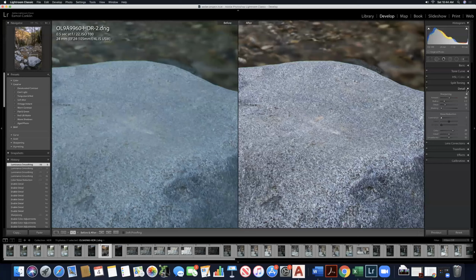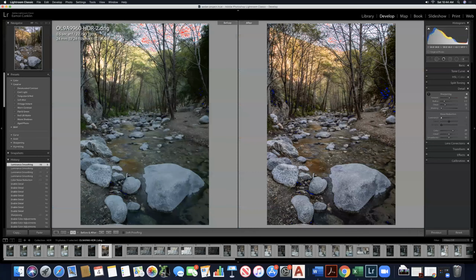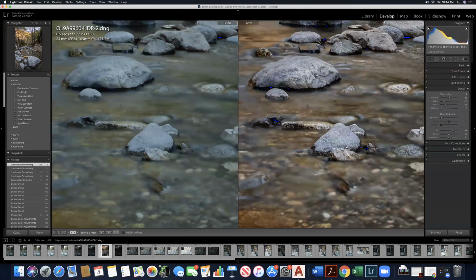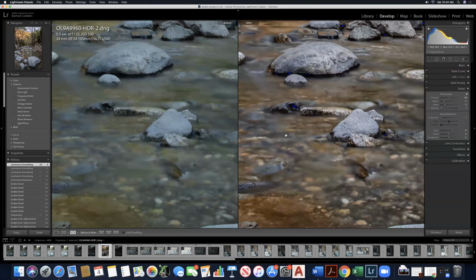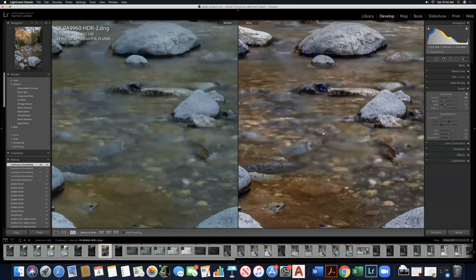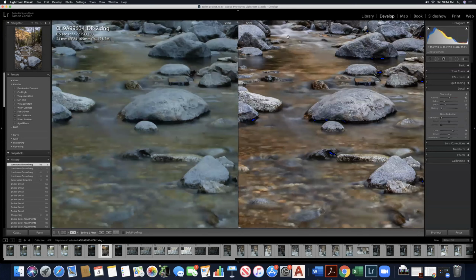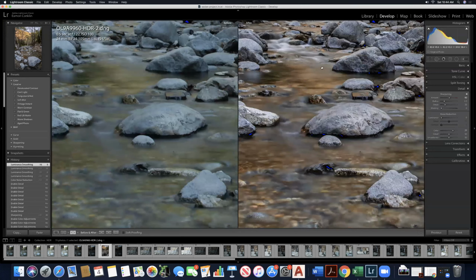Okay, so that's detail. The last thing that you want to do in detail is the masking. And you will notice that there's some things I want to sharpen, like the rocks, and some things I don't. Like I don't need to sharpen the water because it's soft and it's kind of this foggy look because it was flowing, right? And there's no need to sharpen that because there's no detail in that. So with the masking tool,